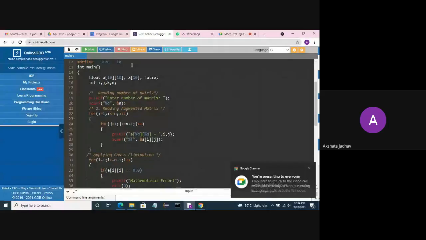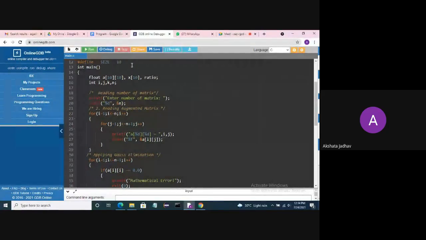All of you, division A, anyone having a problem in the Gauss elimination method? Take 5 minutes. Tell me if you have any problem with the Gauss elimination method. Anyone having any problem in the Gauss elimination method?